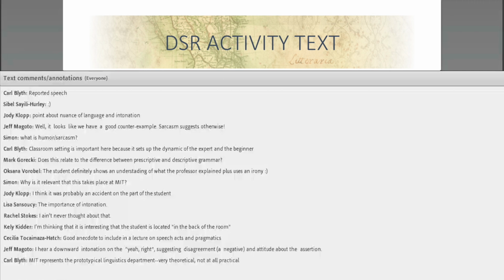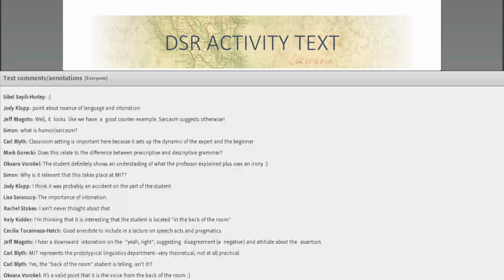One of the great things about social reading is that you can kind of take the text and divide it and conquer it, because people are playing different roles then and helping each other out to understand the general meaning of the text. So here